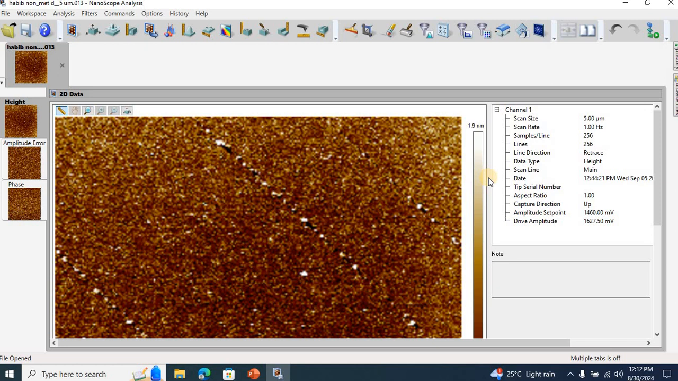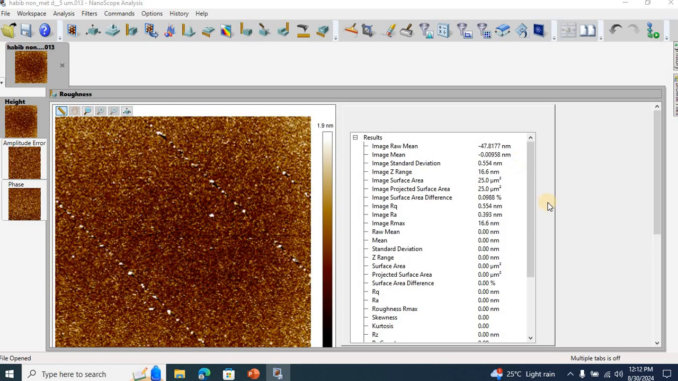Now I'm going to show you the annealing procedure for sapphire in a separate video, but currently let us just look at different surfaces. So first let us look at the RMS roughness of this sample. So I click on this icon, and my root mean square roughness for this sample is